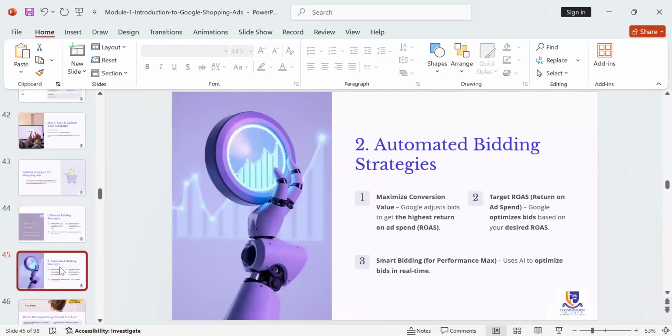But if you are on the automated, that is the Performance Max, here Google is going to adjust the bids for the highest return on ad spend for you. You don't have to come and manually be adjusting. It will target return on ad spend. So Google will optimize bids based on your desired return on ad spend. All you have to say is, okay, on this ad,